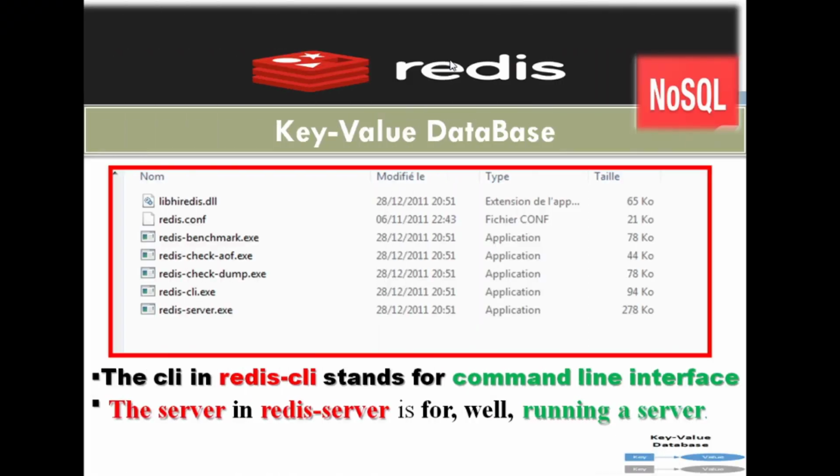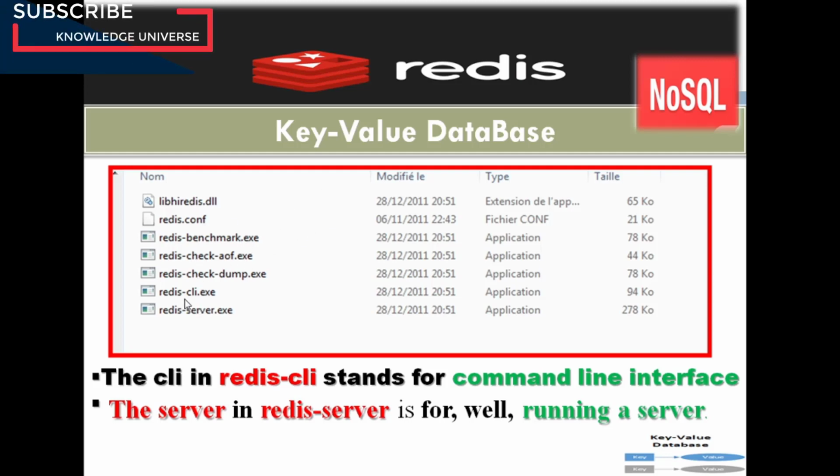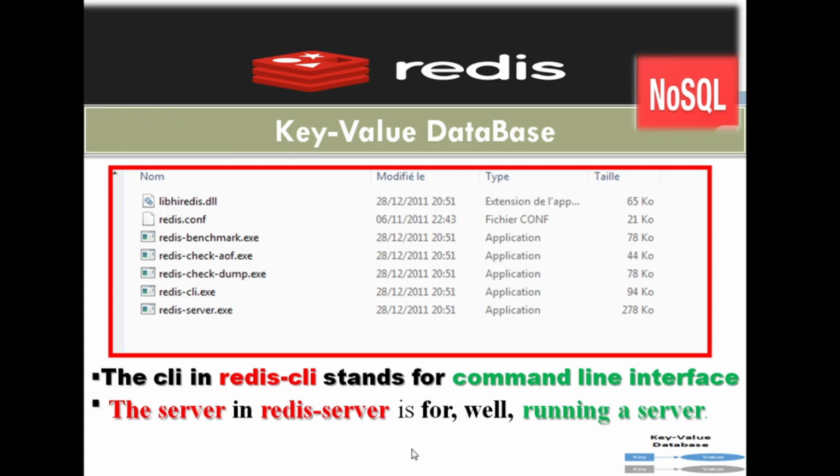After downloading the key value Redis database and unzipping the folder, you find here two main programs, Redis CLI and Redis Server. The CLI in Redis stands for command line interface, and the Redis server is for running a server.